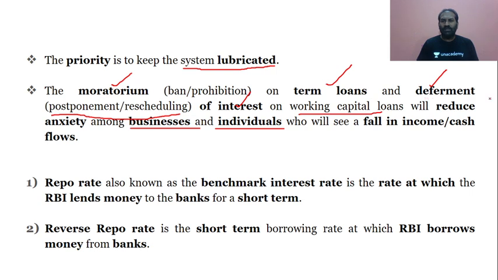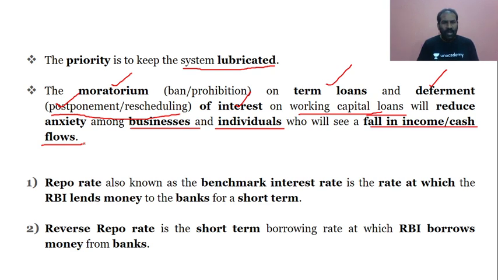And then in regards to the deferment, that is rescheduling or postponement of the interest on working capital. If there is a possibility that the businesses or the individuals involved in the business can postpone the interest on their working capital loans for 1, 2, 3 months, then that would reduce the burden or the anxiety on the individuals or the businessmen, so that there would not be a fall in income or cash flows. So to maintain the cash flows,